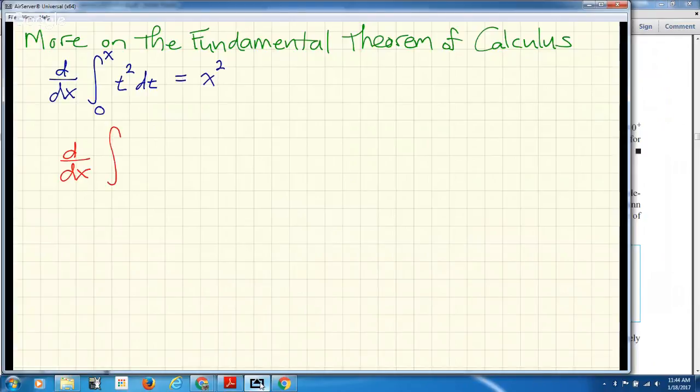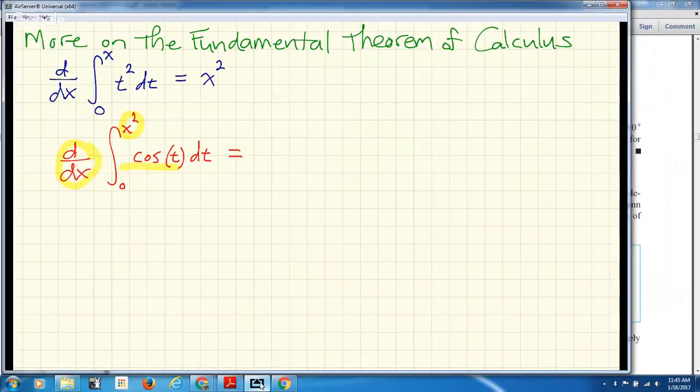take the derivative of a definite integral, and suppose we had the integral from 0 to x squared of the cosine of t dt. Since there is an evaluation going on here at the endpoints, kind of hidden, we have a function within a function here. And so we have our cosine function right here, but we also have this inner function there. And so whenever I take a derivative of a function within a function, the chain rule applies. So in this case, this is going to be equal to,